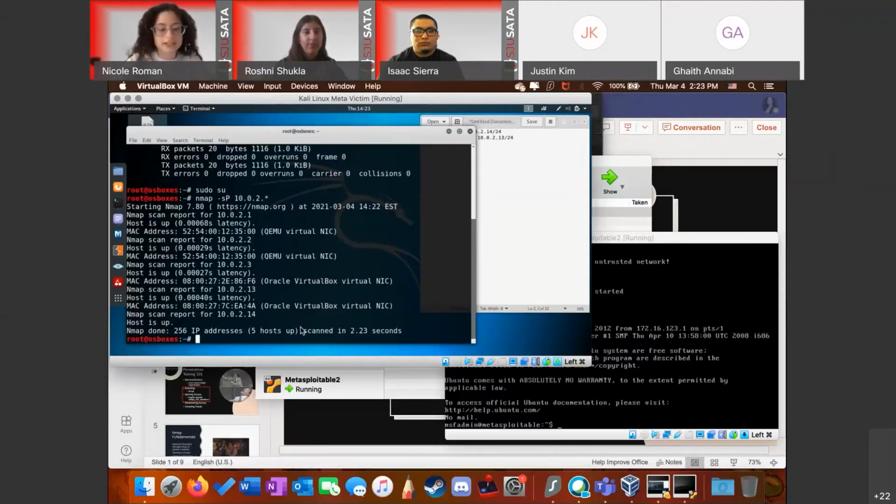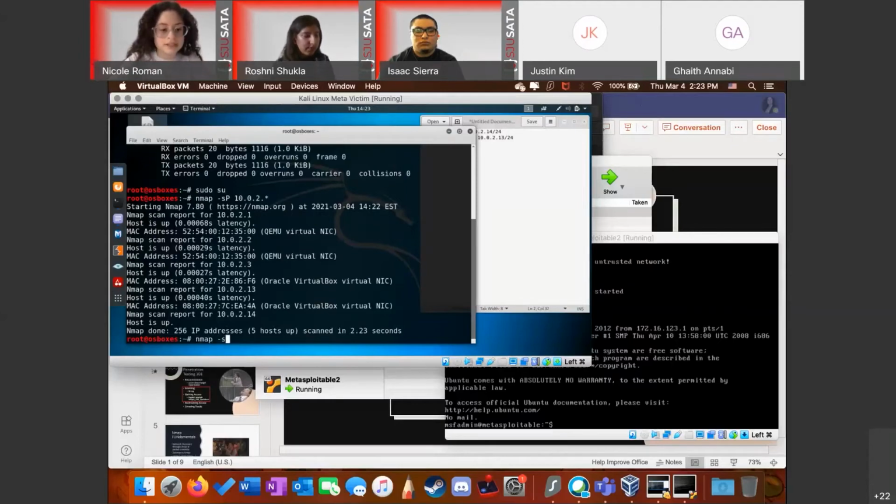So moving on, as Roshni said in her presentation, there are a ton of different scans that Nmap is able to perform. And because we only have one other host machine on our network, output will probably look about the same because we had nothing else configured. But all these different types of commands I'm going to show you will typically in a regular environment yield very different results. So the very first one I'm going to do is the TCP Acknowledgement Scan that Roshni talked about. To perform this one, we type in Nmap